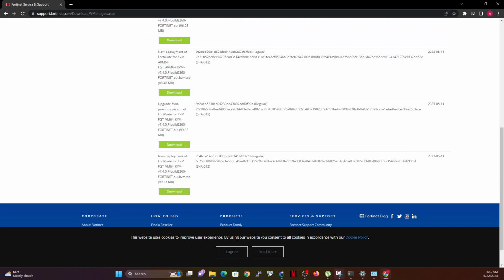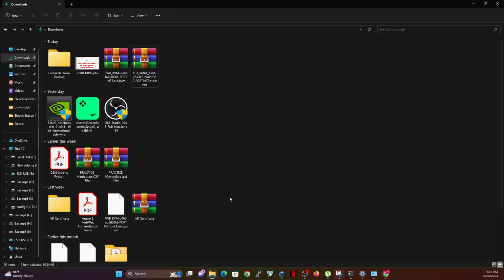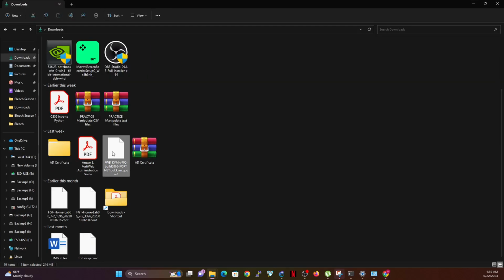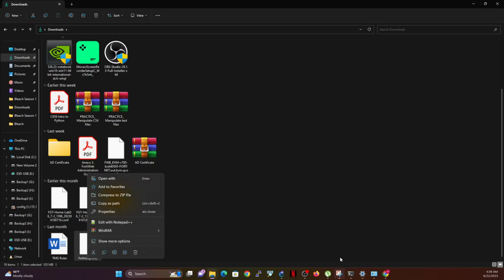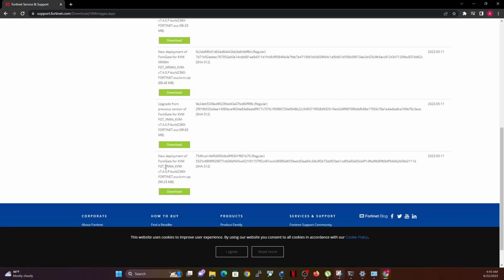I'm going to go back to my download folder, then look for the 40OS. Okay, then rename it. This time I need to make sure that I have the right name, FGT. I like that for 40 gigs. Copy it up to KVM.